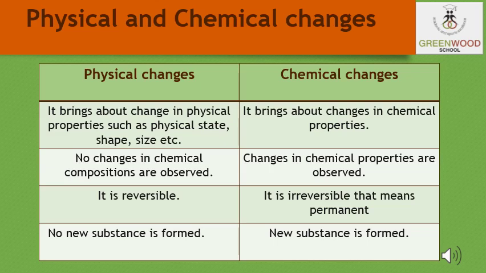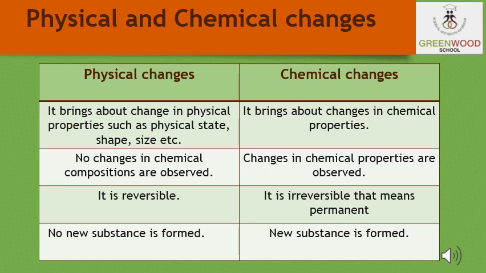The changes which occur without a change in the composition and in the chemical nature of the substance are called the physical changes. The interconversion of these states is a physical change. For example, change of water into ice is a physical change because chemically ice and liquid water both are the same. Although ice, water and water vapor all look different and display different physical properties, chemically they are the same.